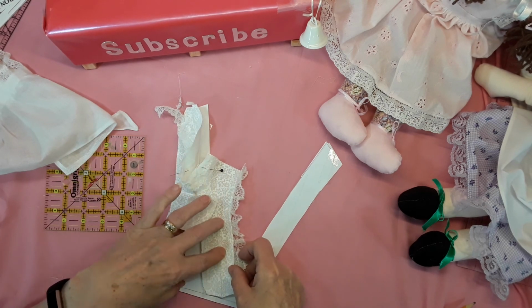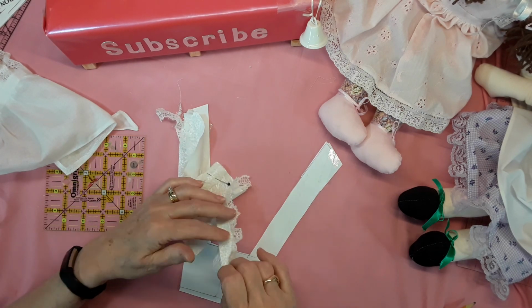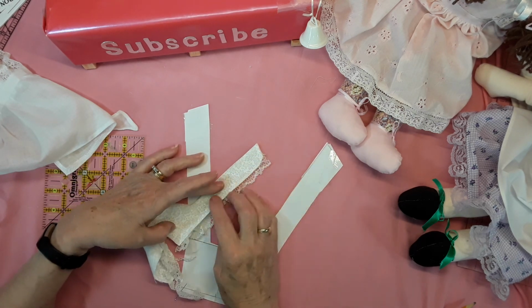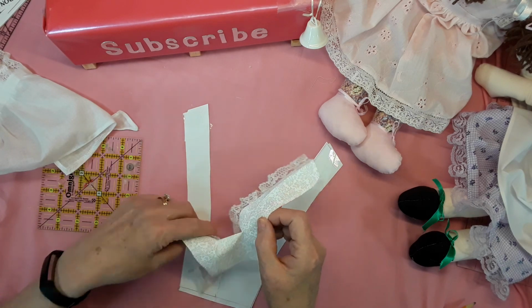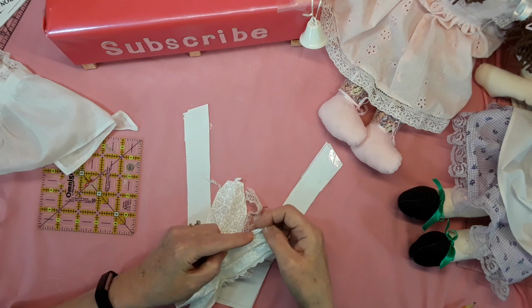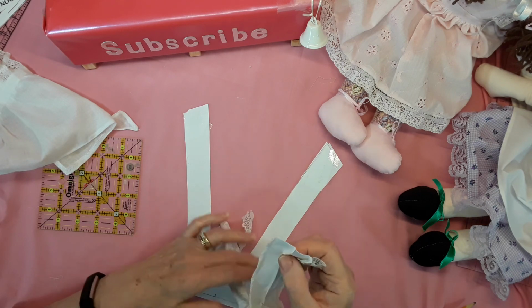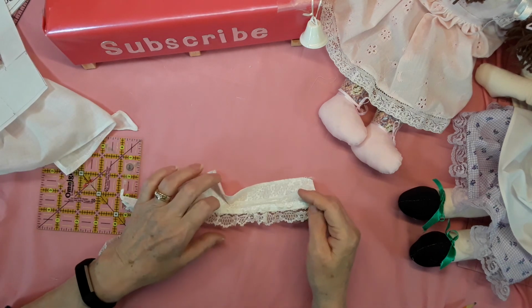So then I like to press it. And I serge this edge, the back of it, along both sides. You can turn it in, press it in, and sew it down if you prefer, but I just find it easier, sometimes quicker. Then I